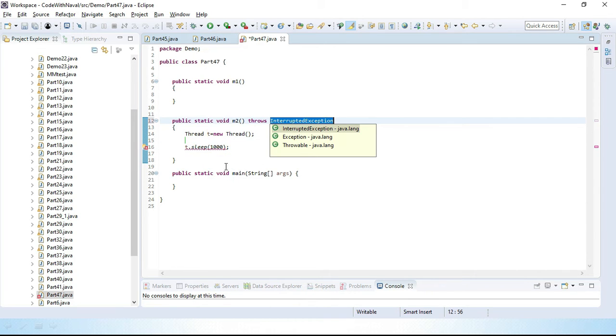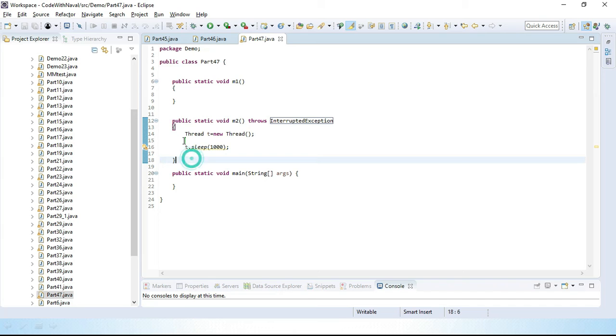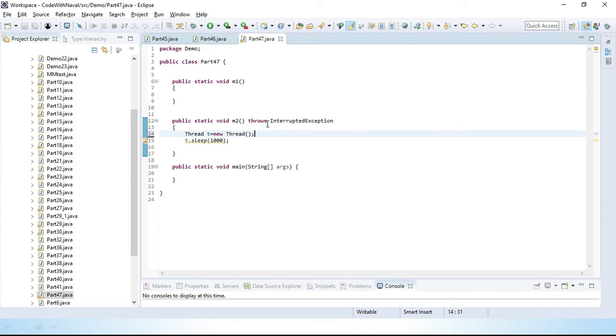If I add this throws keyword, you can see throws InterruptedException. That means this problem is not resolved here. If I add throws InterruptedException, wherever I call this method, I have to handle this exception there.